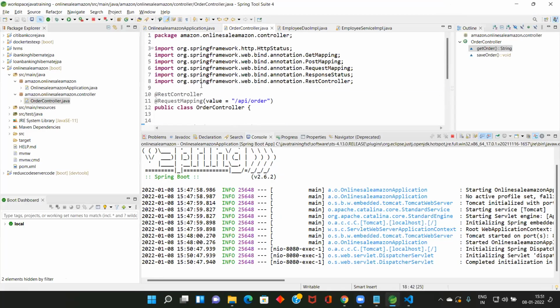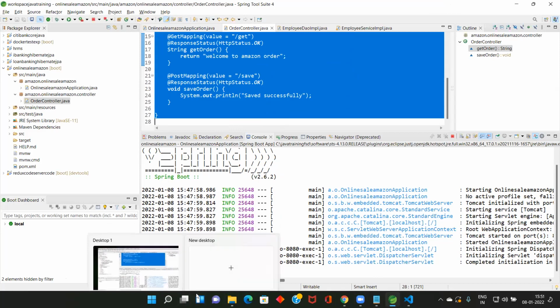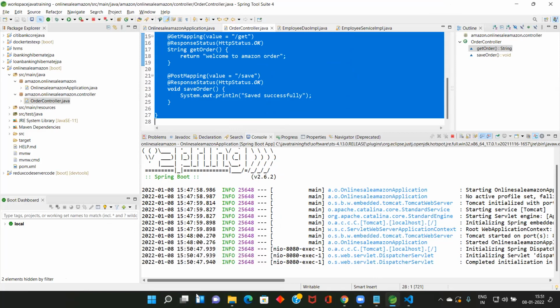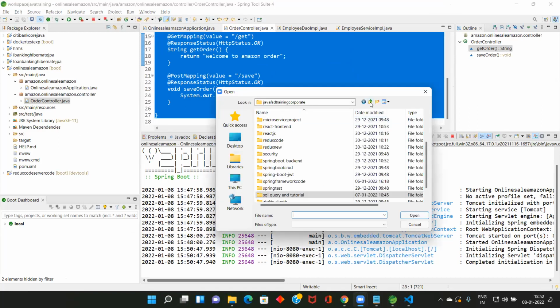So if you need, I can send this program also. I sent, even if you want, I can even share it as a program. I sent in the chat Java FSD, Spring Boot.